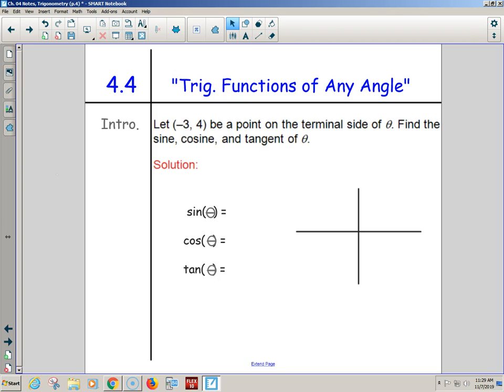Now, sometimes, like Alex said, the only way to do the trig is to go to a calculator. That's 78.3. That does not match up with anything in the unit circle. But this intro problem doesn't match up with anything in the unit circle either. There's no point on the unit circle that has a negative 3, 4. They have zeros, 1/2, or root 2 over 2s, or root 3 over 2s, and 1s.